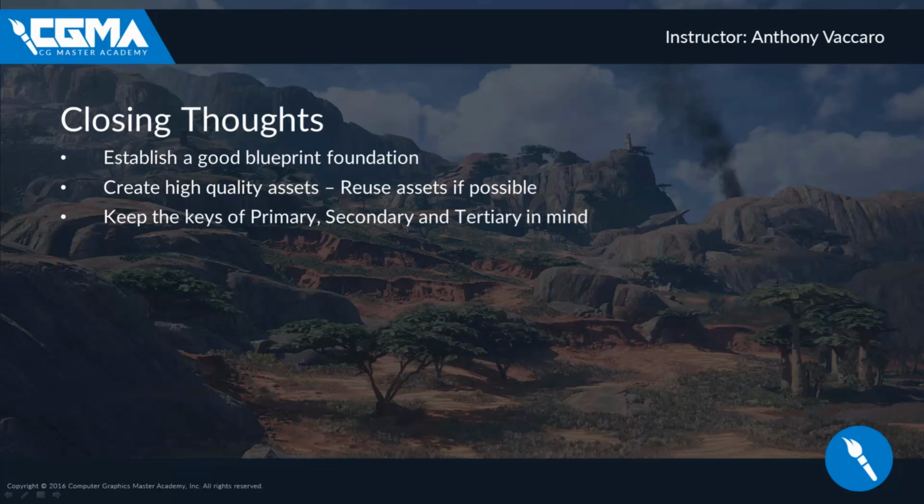Keep the key concept of primary, secondary, and tertiary in mind when creating not only assets, but also your environment. We want to have that nice flow of large shapes to medium shapes to smaller shapes. It gives a nice gradient blend, and you don't just have harsh transitions where you have a large rock sticking